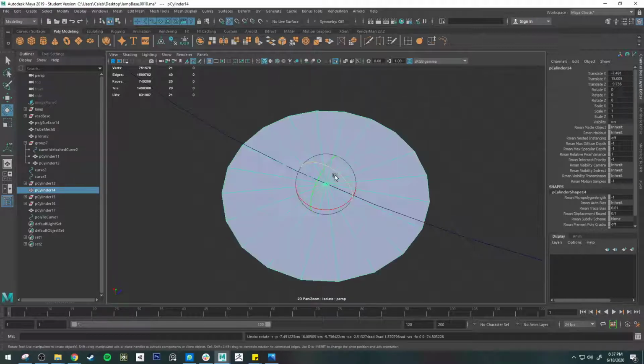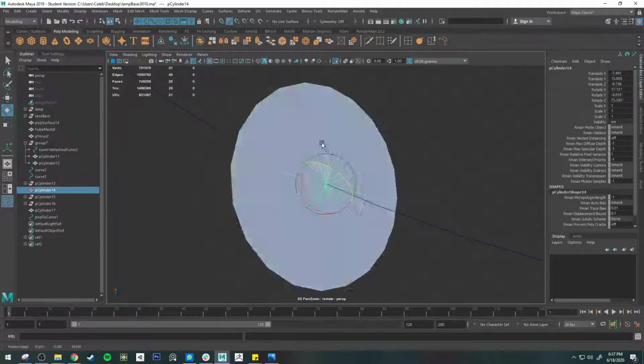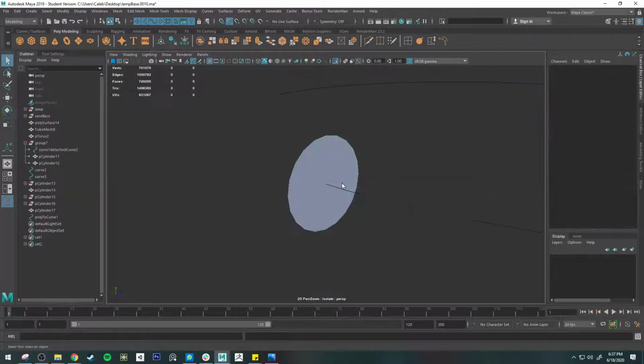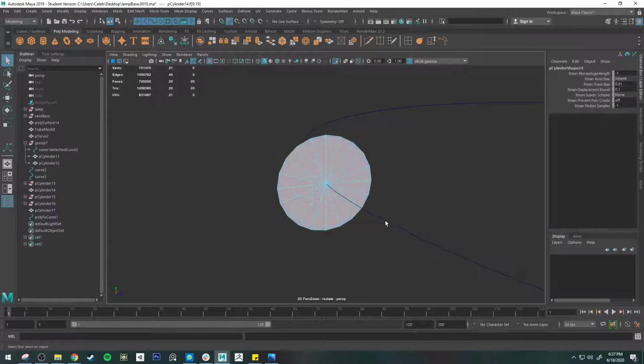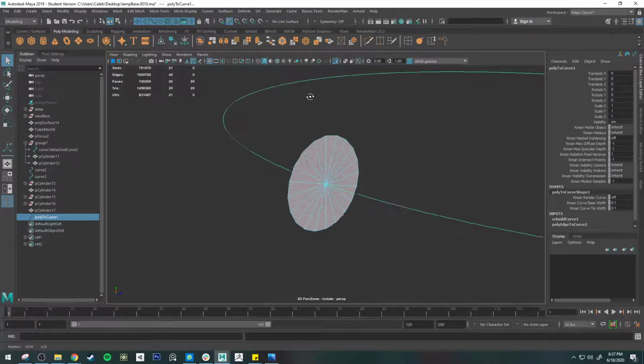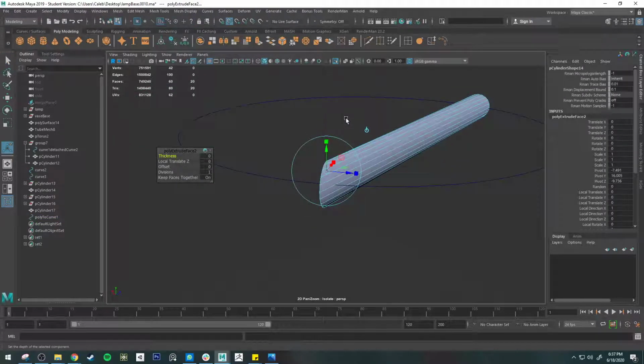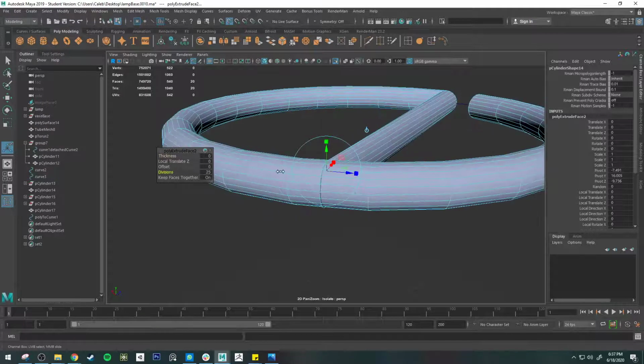And then I'll just rotate it, J. Okay. And then I'm going to go ahead and extrude. So the main problem I've personally had with this is that, let's go ahead and increase the divisions,